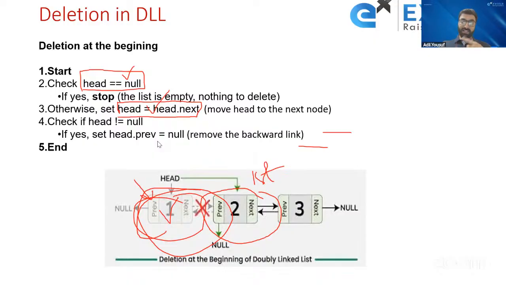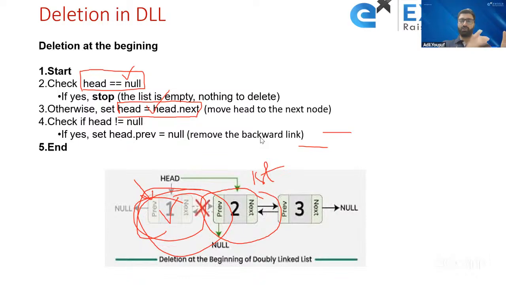It will still incorrectly point back to the old first node, which is no longer in the list. It will still point to that if you do not write head dot previous equal to null. So with the help of this step, head dot previous equal to null, what will it do? It will fix the backward link. It will remove this backward link